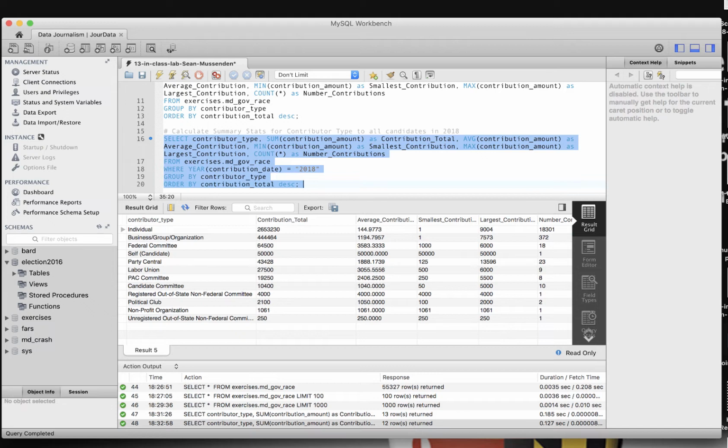But let's say that we would prefer to have a table returned here that only examined the more meaningful contribution categories. And in this case, we'll define more meaningful as having a contribution total in 2018 greater than 10,000. So we can do that, and to do that we can use a new kind of filter that works exclusively on these summary tables that are generated after a group by query